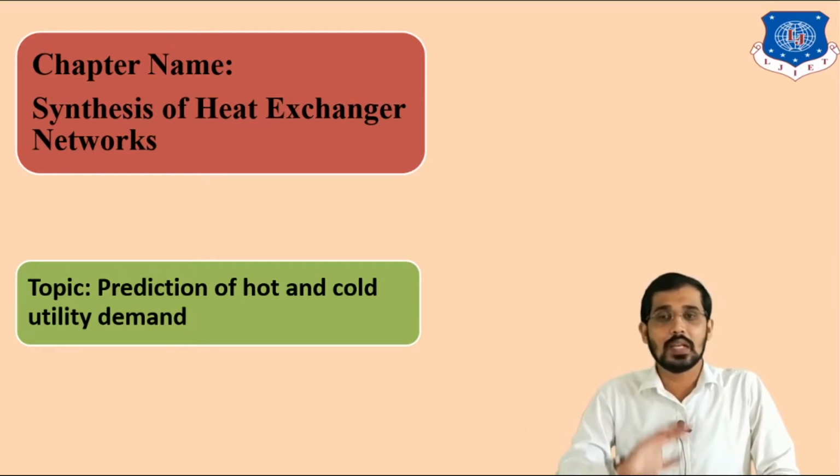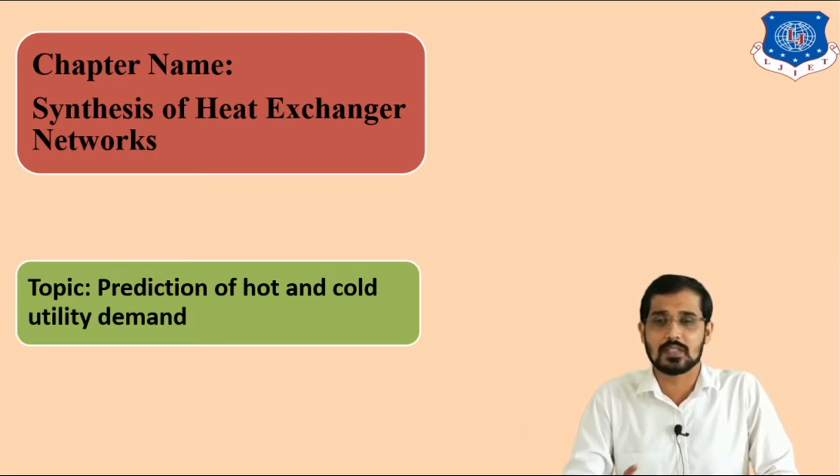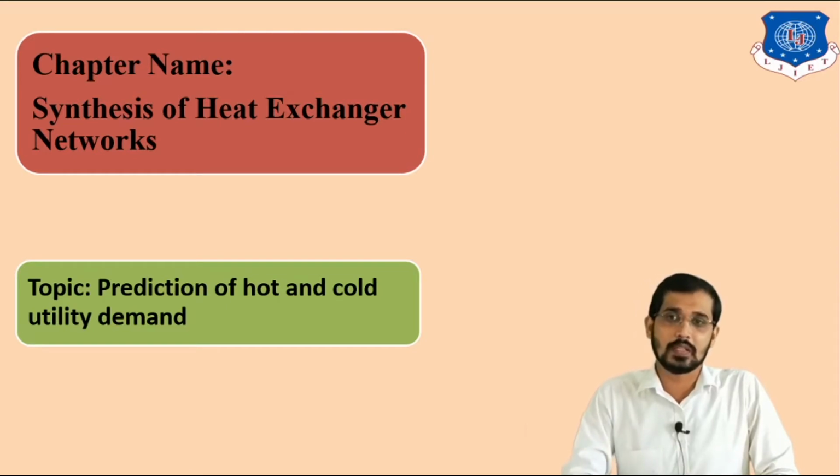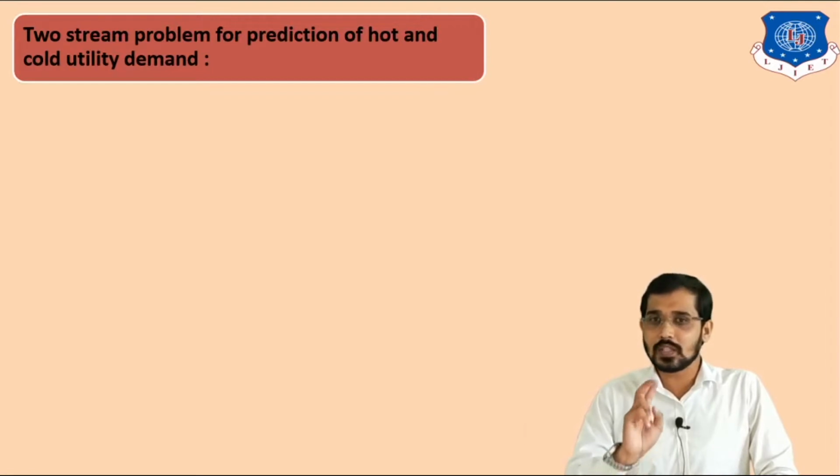So I told you in the last lecture what is the meaning of process integration. We use process integration or energy integration or heat integration of various process streams to minimize the energy consumption in process industries. So in this lecture, I will explain how to find extra utility demands, those are cold or hot utilities. So you can see on the screen. For that, I will consider two stream data.